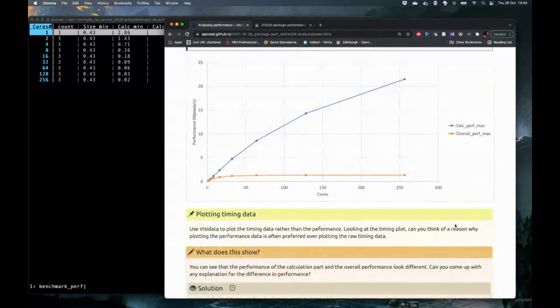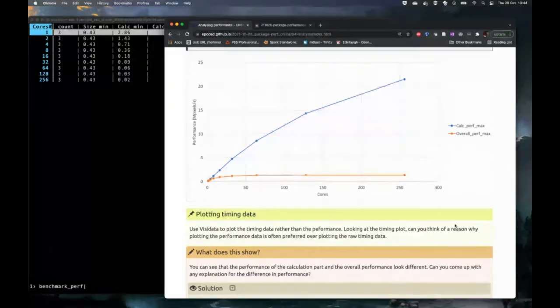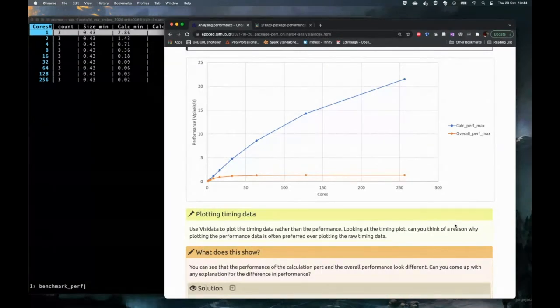One of the points I wanted to mention here is we plotted the performance, but we didn't plot the timing data. You can use VisiData to plot the timing data rather than performance. And it says here, look at the plots and say why you'd want to do them. The problem is when you plot timing data, as the times get small, the curves tend to converge together. So even though the performance can be very different, there's less differentiation between the timing generally as performance improves,